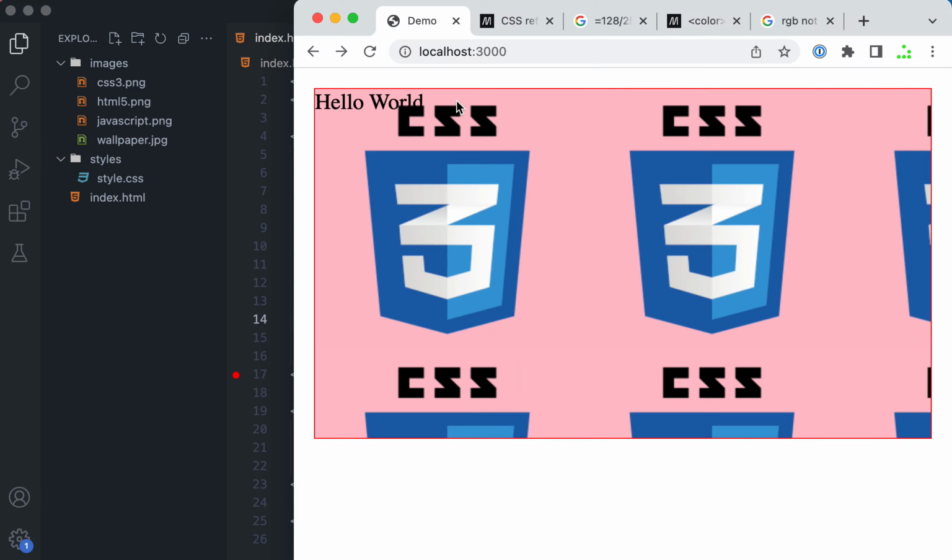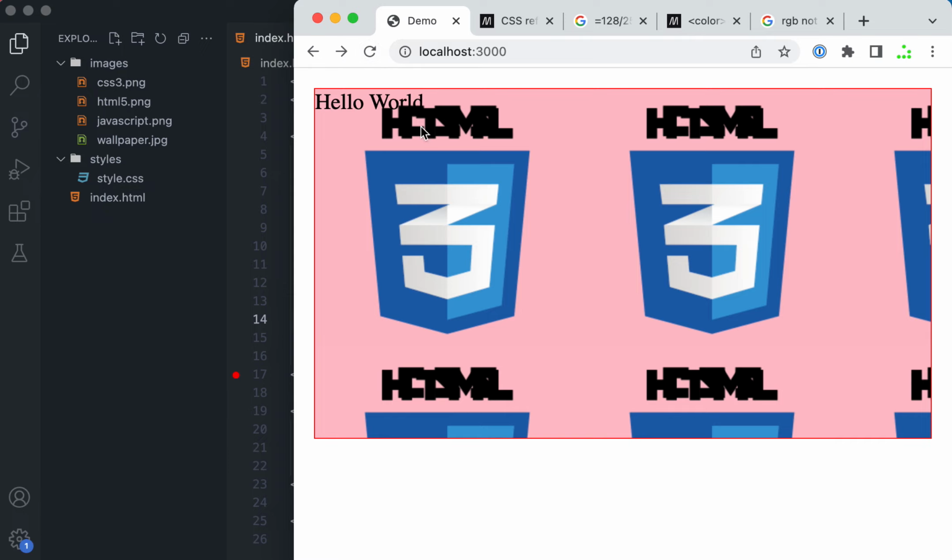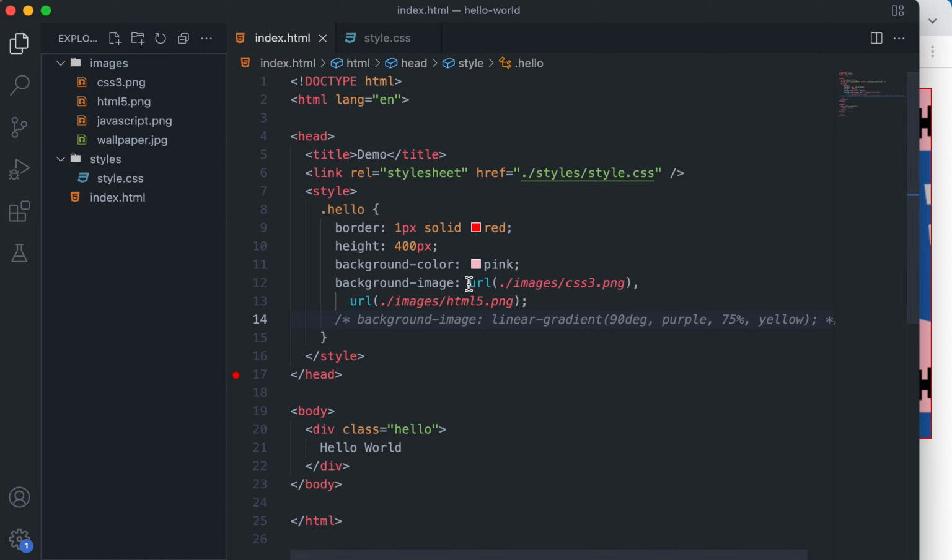Now let's see what happens. See, HTML5 and CSS3 are both over each other, on top of each other. So basically they are overlapped. And what is the rule? The rule is that whichever image comes first is on top of the stack, which means that it will start from the last. So the last image is this thing. Firstly it will put that, on top of this it will put the second last, and then on top of that it will put the most recent one, and whatever is the first one will be at the top, right? So if I switch this,